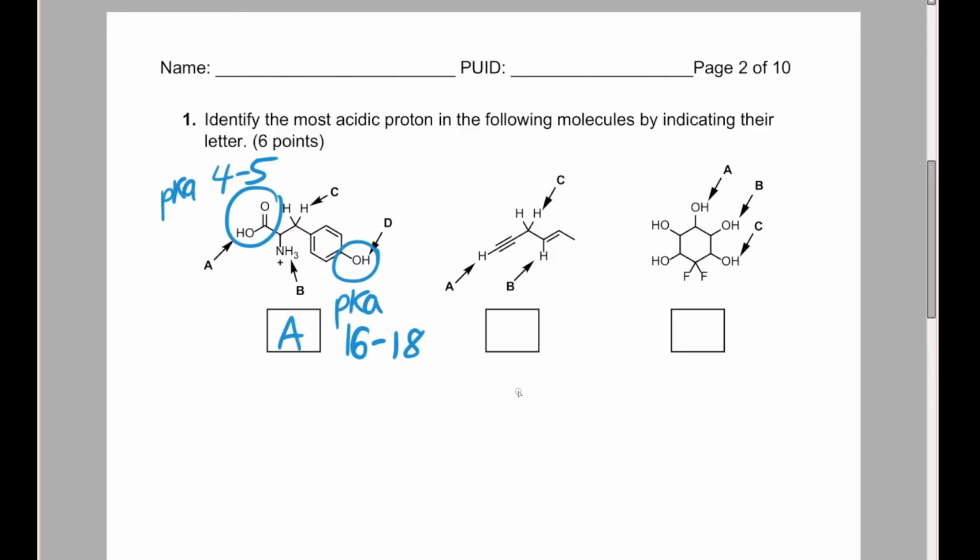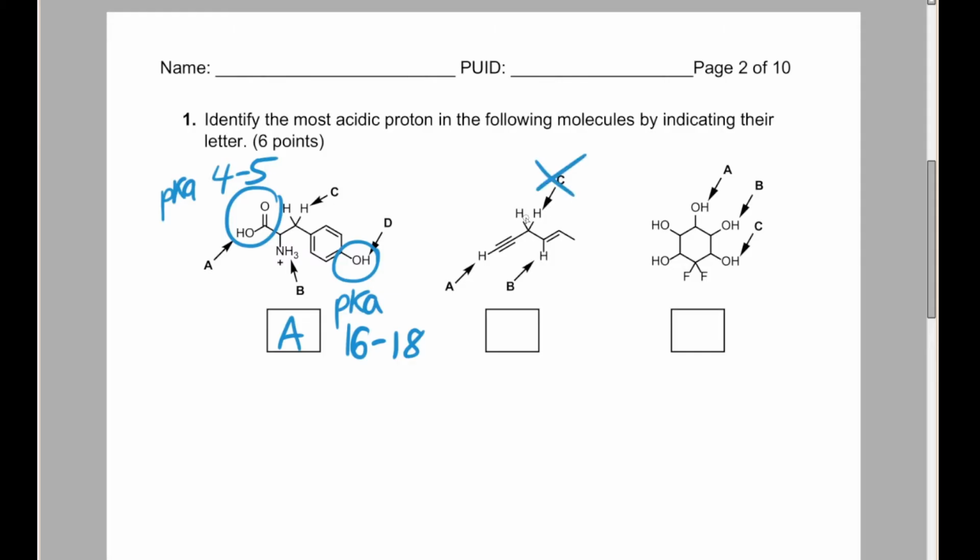Now let's move on to the second molecule. This time we're given 3 protons, and we're also asked to identify the most acidic one. So in this case, we know that C does not have resonance because of the same reason specified before. There's 2 bonds removed from the nearest double or triple bond, so we don't have a resonance structure, so that would be the least stable conjugate base, so that would be the least acidic proton,